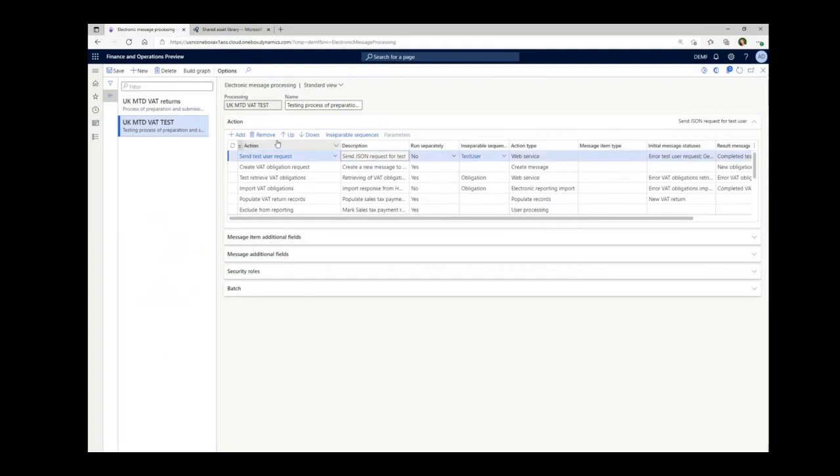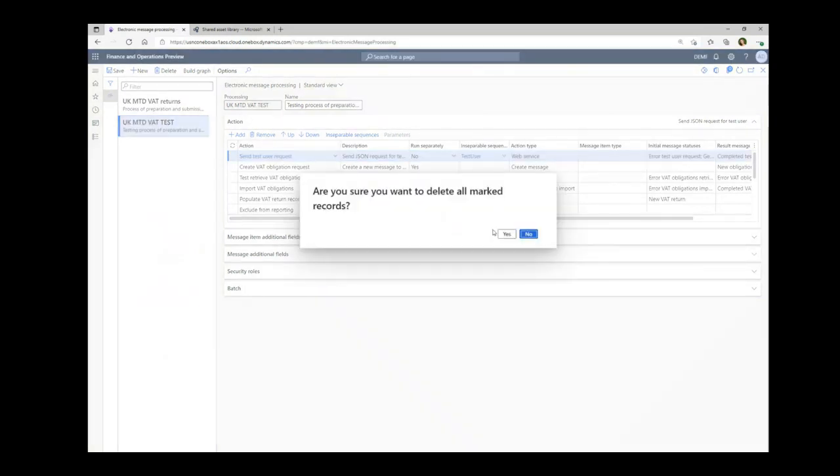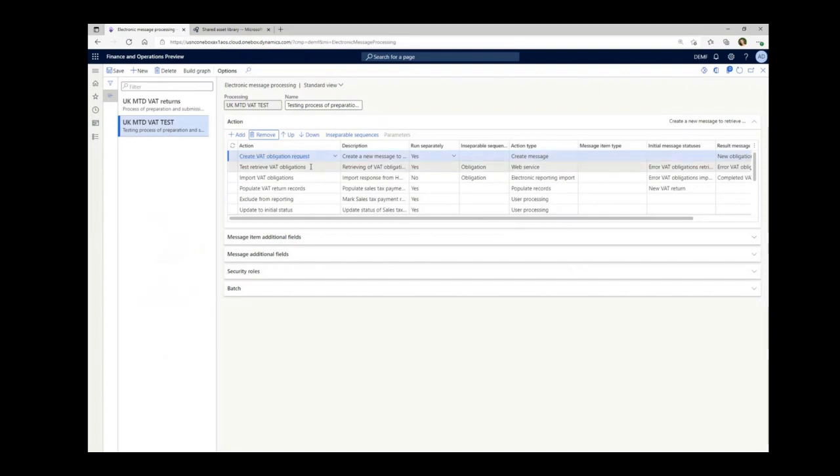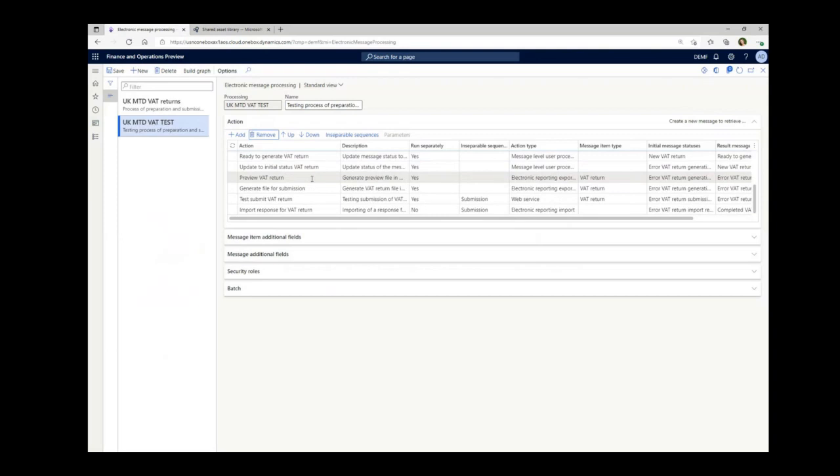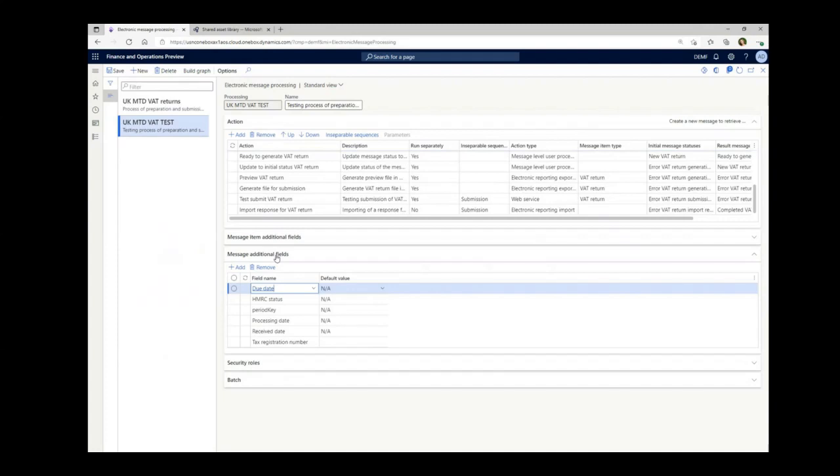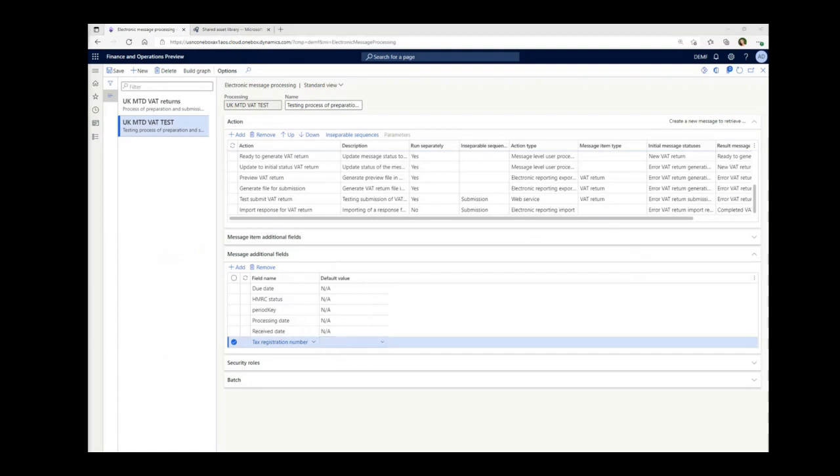There are 3 actions related to the test user. They are not supported any longer in electronic reporting configuration. So in case you will try to run them, you will find a new validation that they are not supported. And here I'm paying attention again to the new tax registration number additional field, which we recommend to use instead of the general VAT registration for the companies with multiple VAT